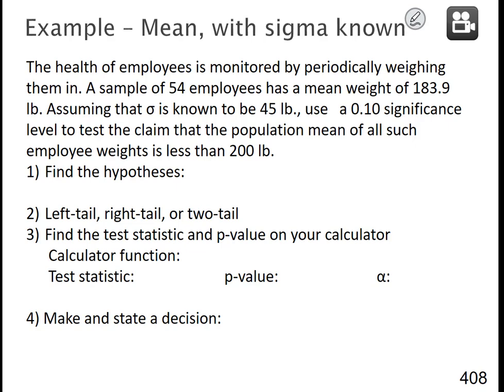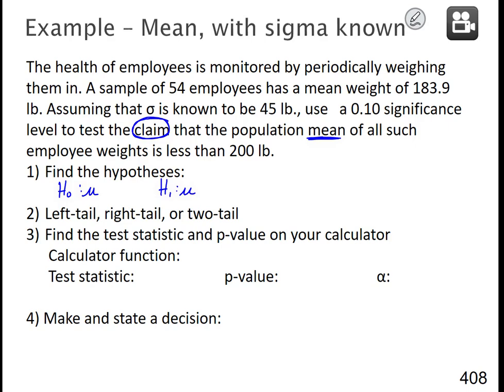I know that's a lot of words, so remember the first word you should probably look for is the word claim. Because everything that comes after the word claim is going to be your hypothesis. So, step 1, find the hypotheses, H sub 0, H sub 1. We are talking about the word mean, so we know it's going to be mu,